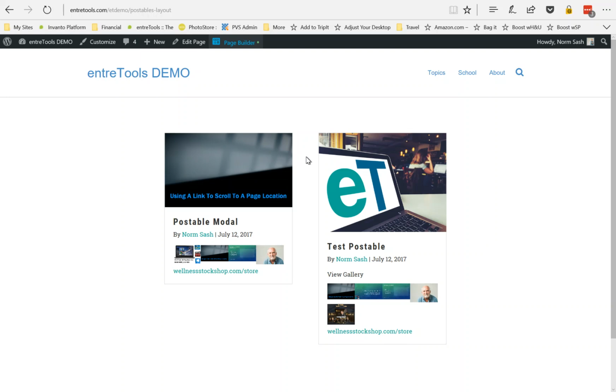Alrighty then, I'm going to try to run through this and see if I can get some good advice on how to do this. So what I have here is a UAB, or no, I think this is just a BeaverBuilder post content grid. It's displaying a custom post type called postables. So what I really want to have happen here is these are just the post grid, and